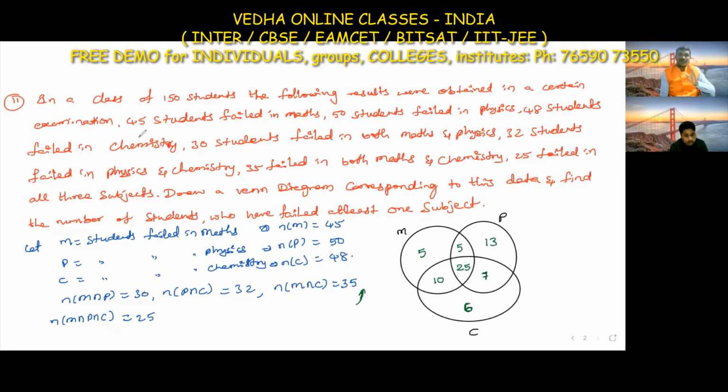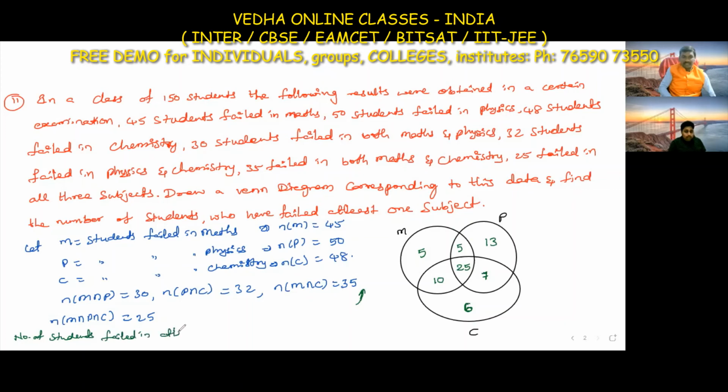Total overall we have 150 students. Here the failed students are less than 150. If you subtract from that total, then we get the passed students also. So now the number of students failed in